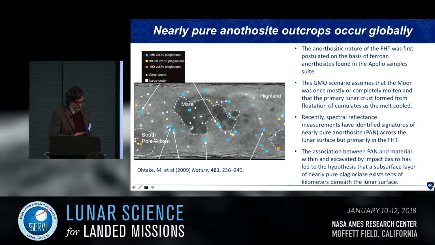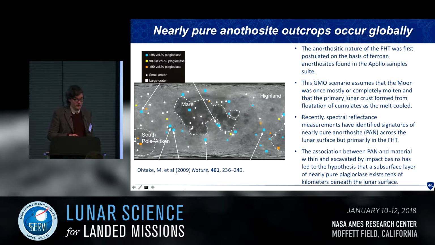and is based on SELENE Spectral Profiler data. Although these outcrops occur globally, they are concentrated within the Feldspathic Highlands terrain, and they occur exclusively where there are craters or basins larger than 100 kilometers in diameter. And the only regions where there are multiple exposures at the surface are found to be where there are relatively recent impact craters or steep-sloped peak rings or